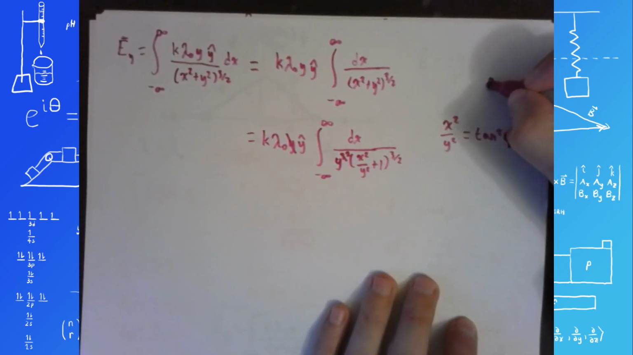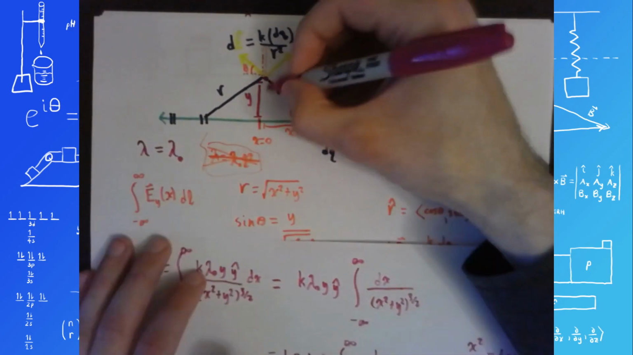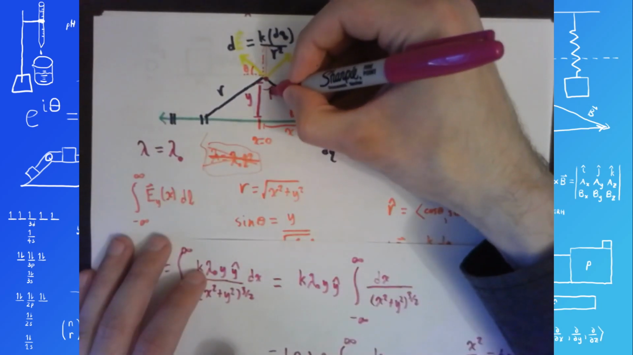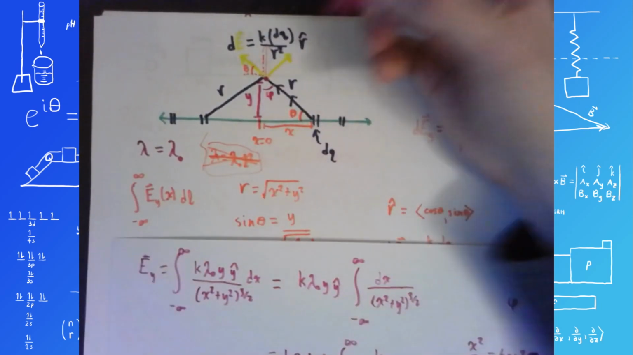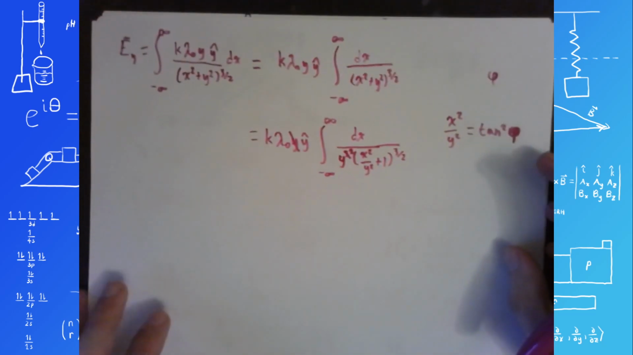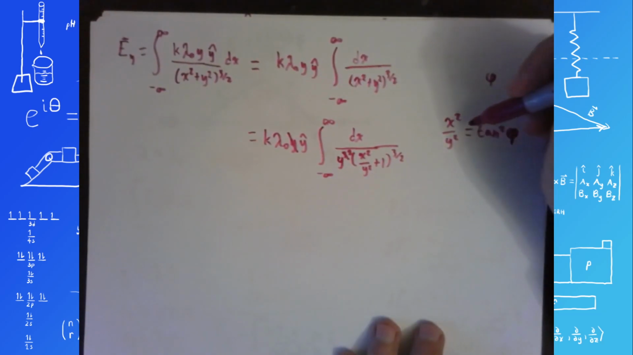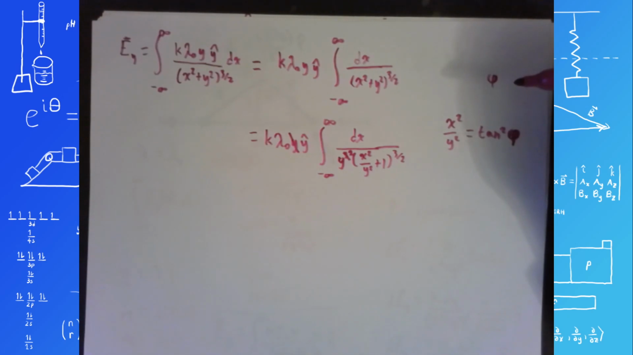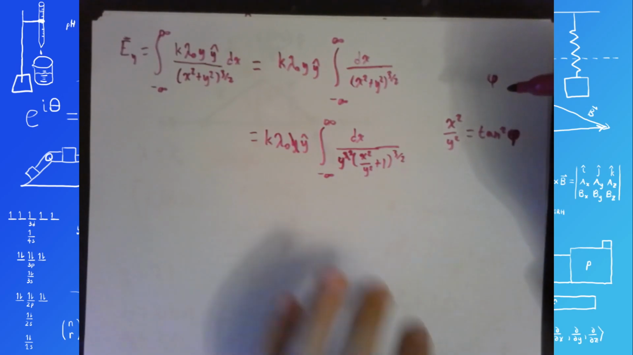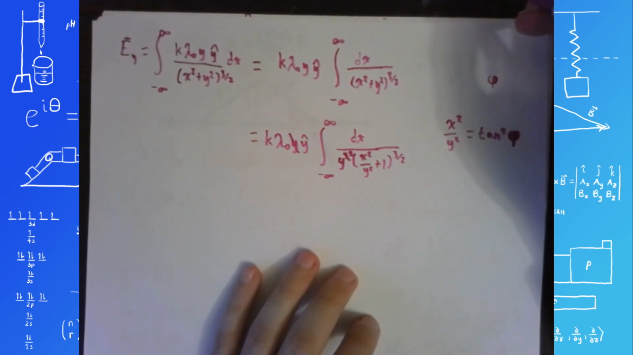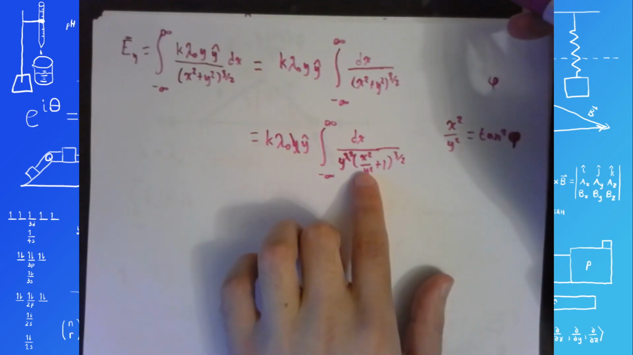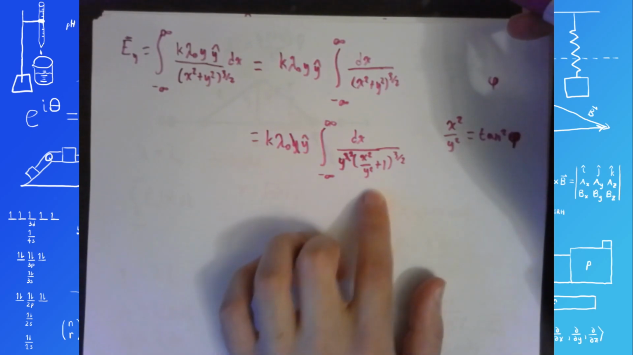Greek letter phi. So that would be this angle right here, actually. Okay, so x squared over y squared equals tan squared of phi. And the reason I want that substitution is because then I'd have x squared over y squared plus 1 is